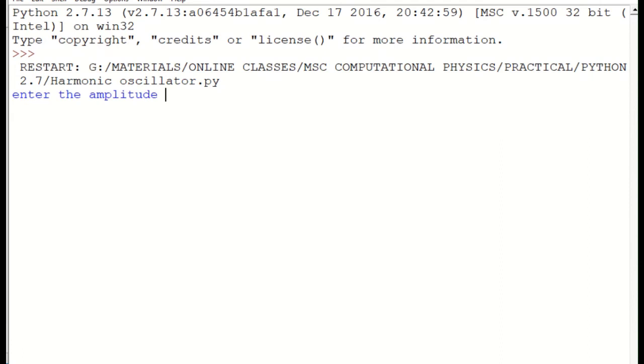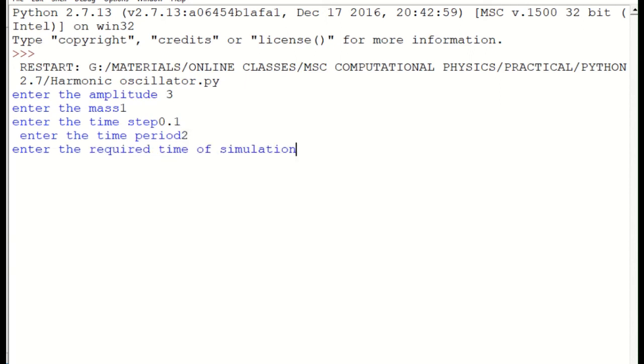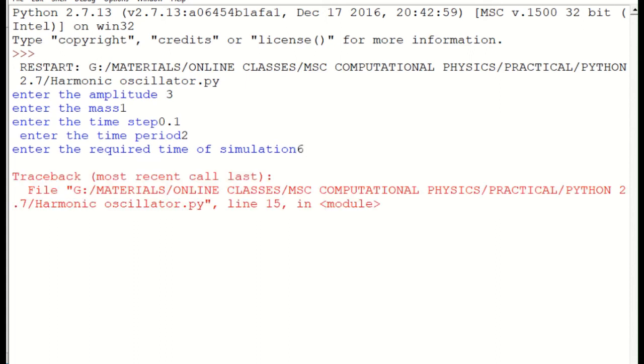Enter the amplitude, so we'll have some amplitude 3 say, and for simplicity we choose the mass as some 1. Time step we'll choose some 0.1. Time period we'll have some 2 seconds, and we will plot that for some 5 or 6 oscillation. So 6.